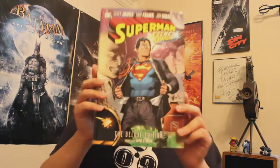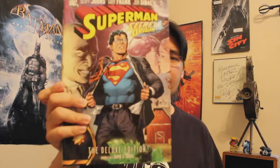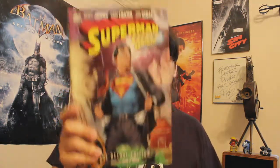I'm going to be going over my review of Superman Secret Origins. This came out in 2009 through 2010. It was about a 6-issue series and it was compiled to a graphic novel. It is written by Geoff Johns, and I think Gary Frank and John Sibyl do the art and inking of this series. And I'm going to be going over my favorite graphic novels, or graphic novels that I haven't gone